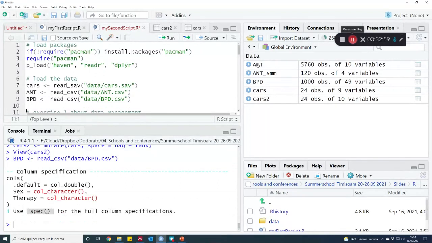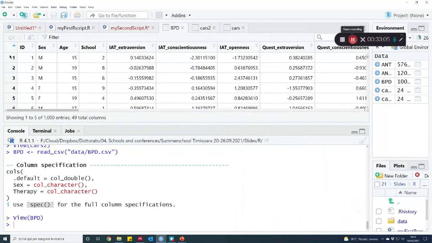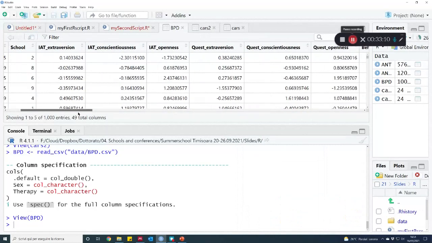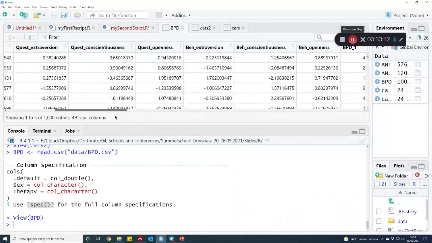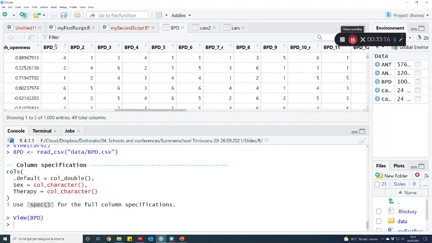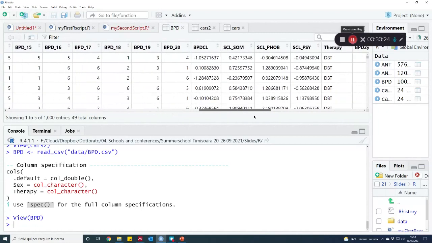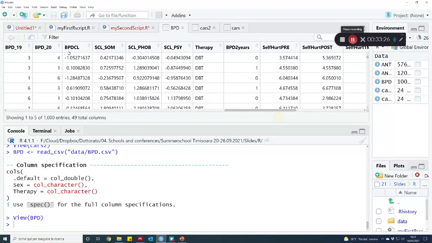Okay, so now you have the BPD data, you can inspect them. So these are fake data that I created. You have the participant, sex, the age, school, the IAT scores, questionnaire scores, behavioral scores. You have this questionnaire, BPD 1, 2, 3, 4, 5. These are items of the BPD questionnaire. You see that some of them, like BPD 7R, are reverse coded. You have the full score of this BPD